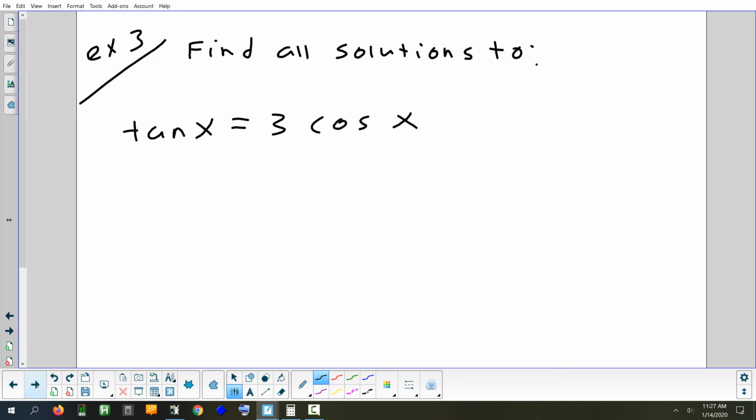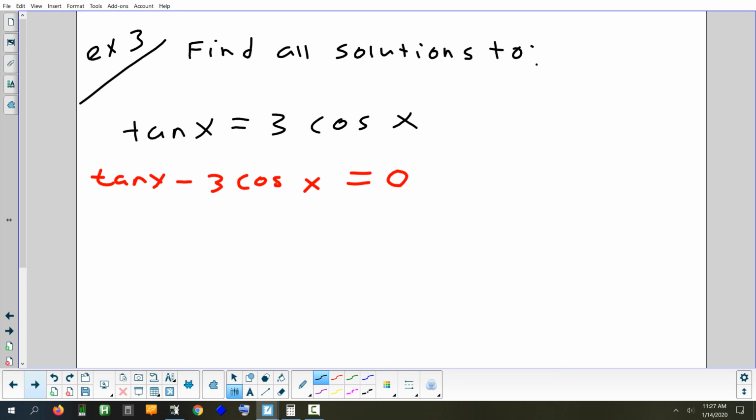Now, we could do it as an intersect. It's fine. But we're just practicing a little different. We're practicing doing it as a root. Same idea. How could I get this equal to 0? You could subtract tan x from each side, or 3 cosine x. It doesn't matter. But if you want to do it as a root problem and not an intersect, just put everything on the same side. So I'll do tan x minus 3